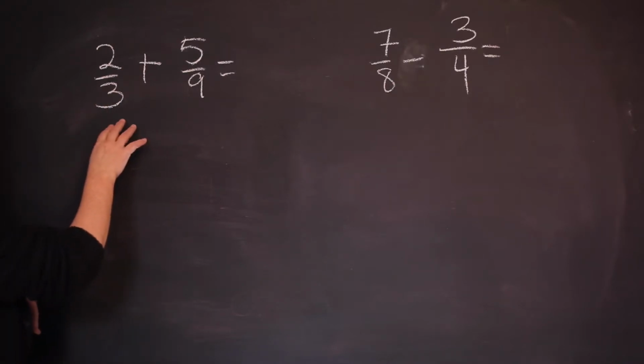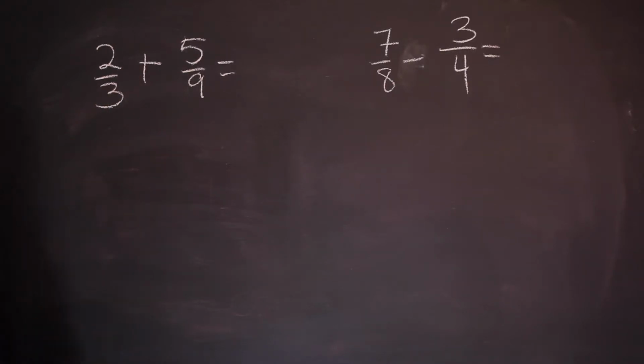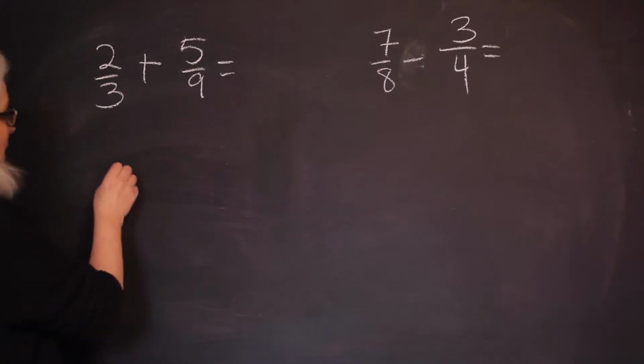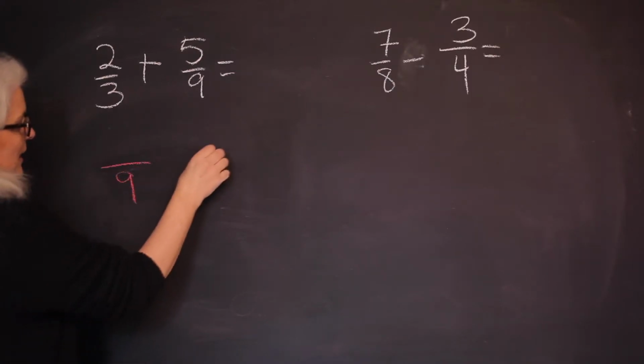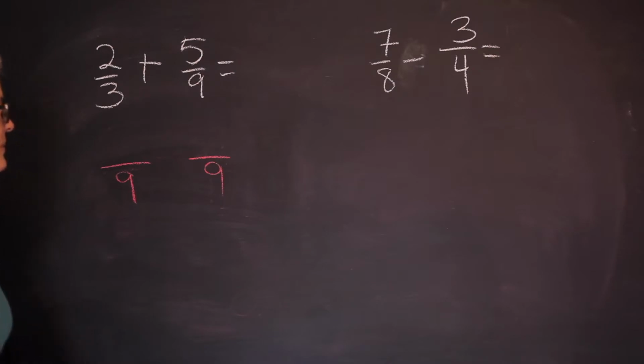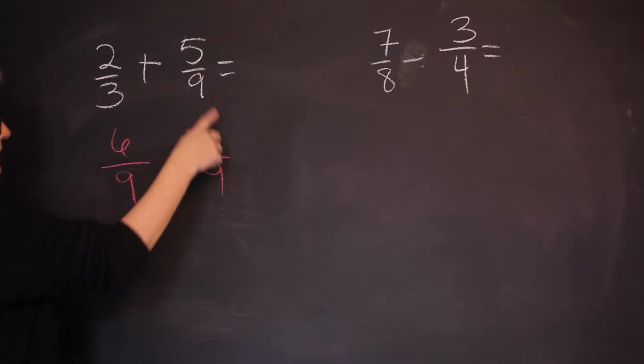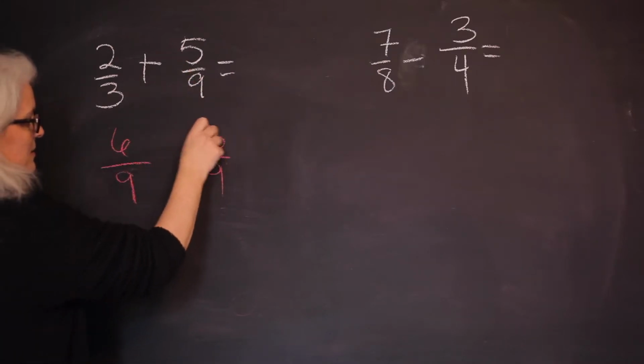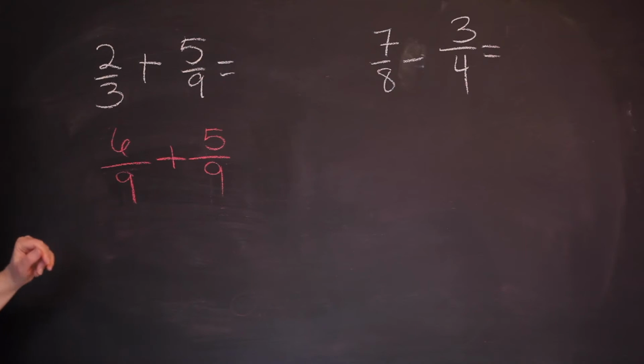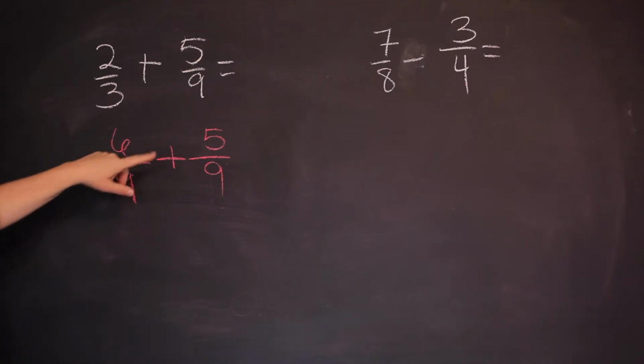First thing we need to do, if you want to add fractions, they have to have the same denominator. So I'm going to choose a denominator of 9. Because 3 times 3 is 9. So I have 3 times 3 is 9, so 2 times 3 is 6. 9 times 1 is 9, so I end up with 5/9. I'm still adding. And then I have 6/9 plus 5/9